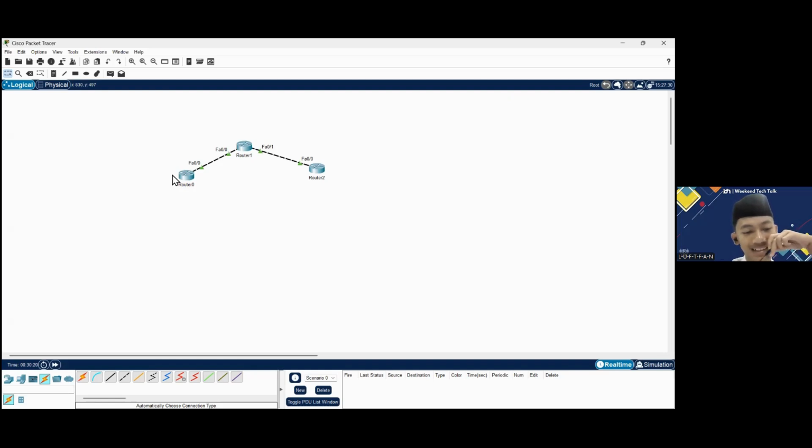Okay, maybe that's all from me about the basic configuration of EIGRP in CPT. I hope this is useful for all. Sorry if I made mistakes while giving this material, and I hope you can take some knowledge from this. That's all from me.